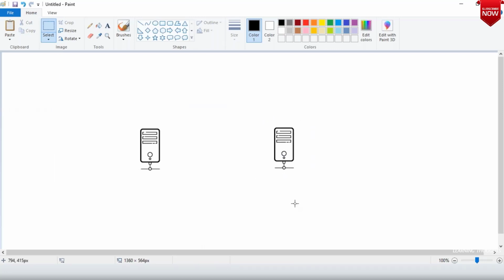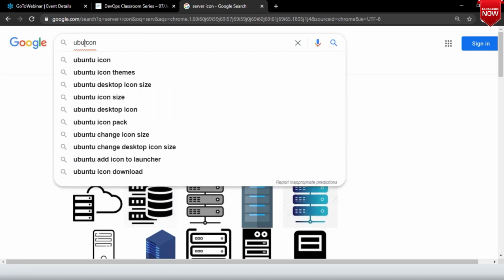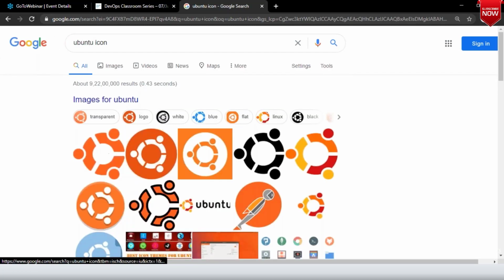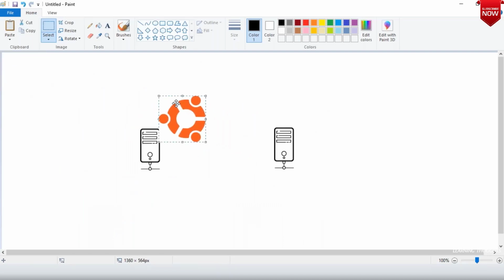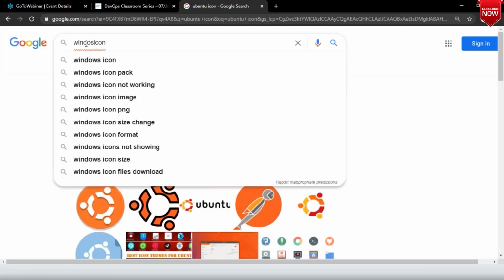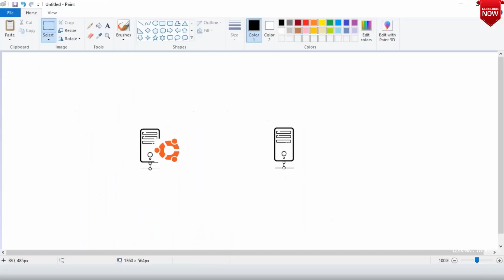On these two servers, one is Ubuntu, so this is a Linux machine. The other one is Windows server.